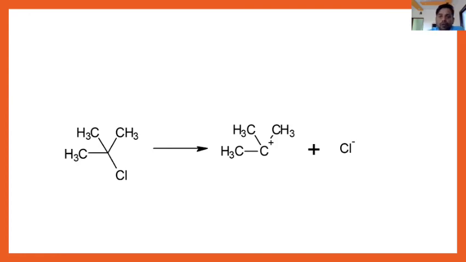Now let us see the heterolytic bond cleavage. In a heterolytic bond cleavage, the electrons are unsymmetrically divided and one of the atoms gets both the electrons, so there is formation of positively and negatively charged species. In the case of carbon, there is formation of carbocation and carbanion. So we can give the example of tertiary butyl chloride. When it goes through the SN1 reaction, there is formation of tertiary butyl carbocation, which is an example of heterolytic bond fission in which both the electrons are given to chlorine. This carbon remains electron deficient, which is known as a carbocation, plus Cl minus. So this is the point we have to quote.